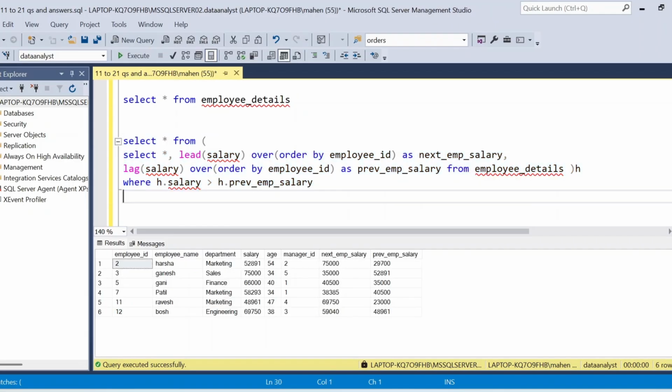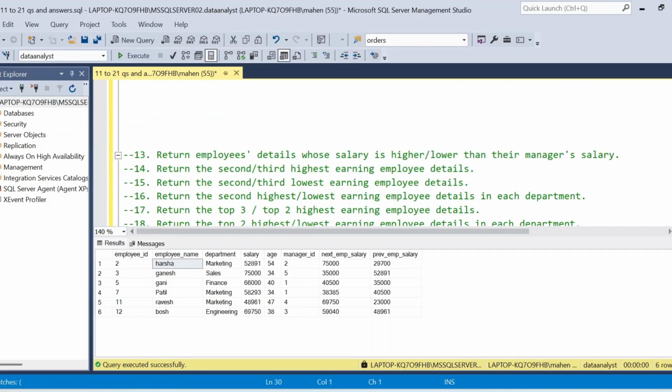Okay, so these are the details of employees whose salaries are higher than the salary of the employee who joined previous to the current employee. Okay, I hope you understood. So this is how we can easily solve this problem with the help of lead and lag. And you need to understand in which order you are trying to find any responses you want. Okay, I hope you understood. So next problem,